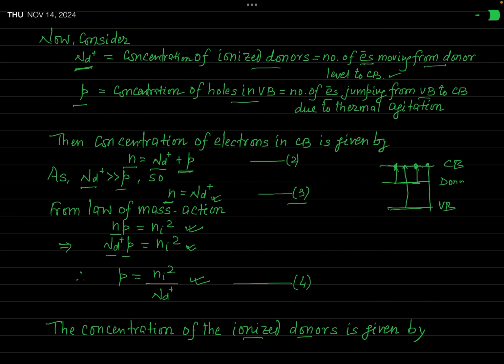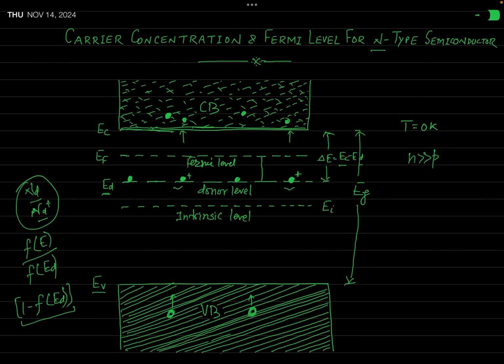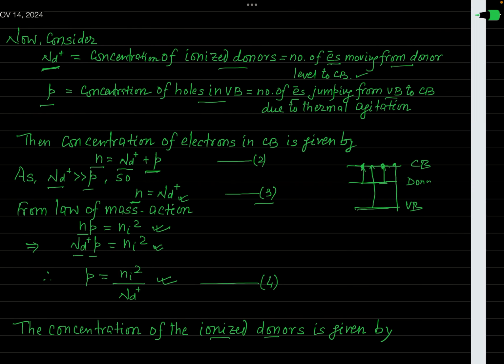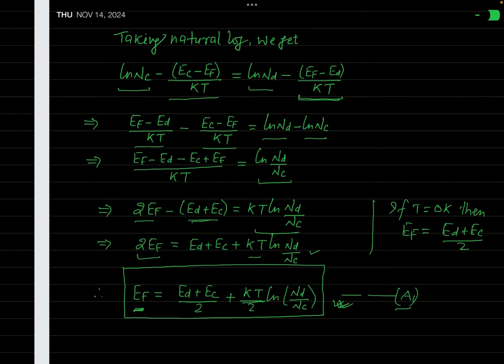It means wrongly a person says in this condition that this Fermi level lies just between the bottom of the conduction band and the donor level. But this is a completely wrong interpretation,